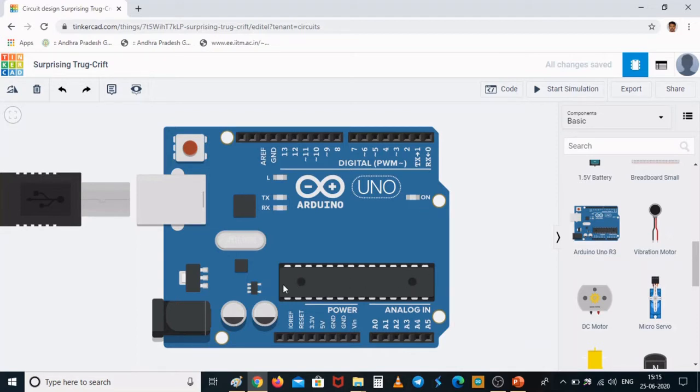This IC is what is called a microcontroller. It is in general an Atmega 328P microcontroller. It consists of internal ROM, RAM, and Arduino bootloader. What does this bootloader mean? It is used for executing the first program whenever the device is powered up. Whenever the device is connected to the power supply, this bootloader is going to execute the program.